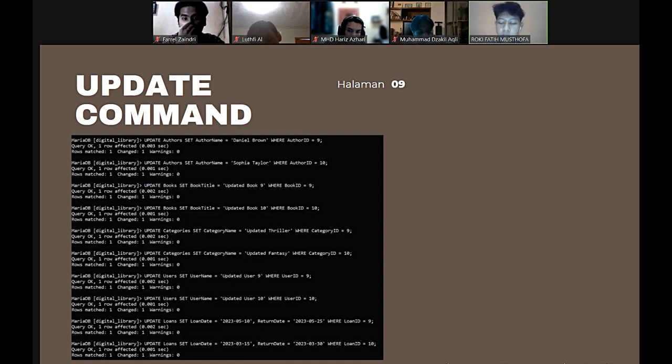in the book table. The fifth, this command updates the value of the category name column to update Tyler for the row with category ID 9 in the categories table. The sixth, this command updates the value of the category name column to update fantasy for the row with category ID 10